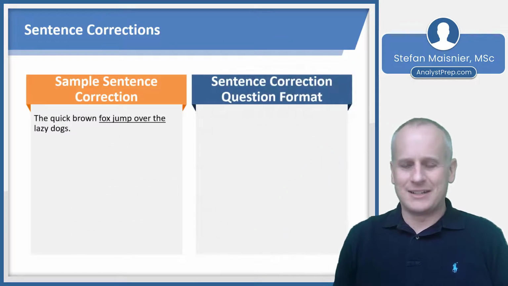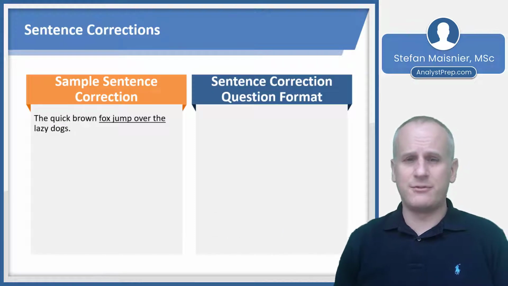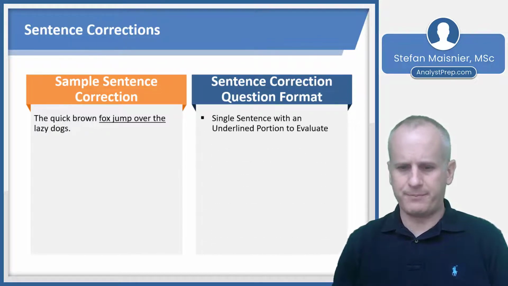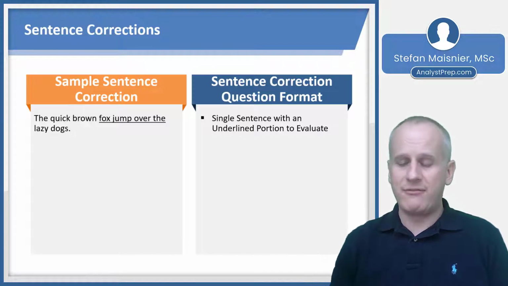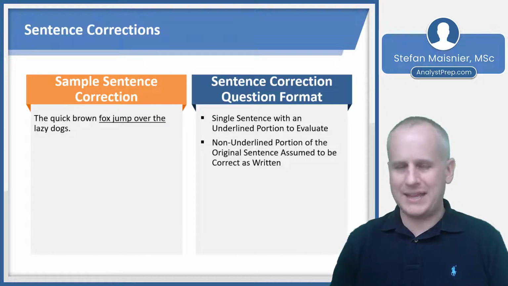So let's take a look at a sample sentence correction. About as simple as it comes. And the sentence correction format is always going to be the same. You're going to have a single sentence with an underlined portion. And that underlined portion is what you are able to evaluate. Everything else has to be assumed correct as written. So the quick brown and lazy dogs part of this sentence has to be correct. We cannot change it, but we have to evaluate the fox jump over that underlined portion